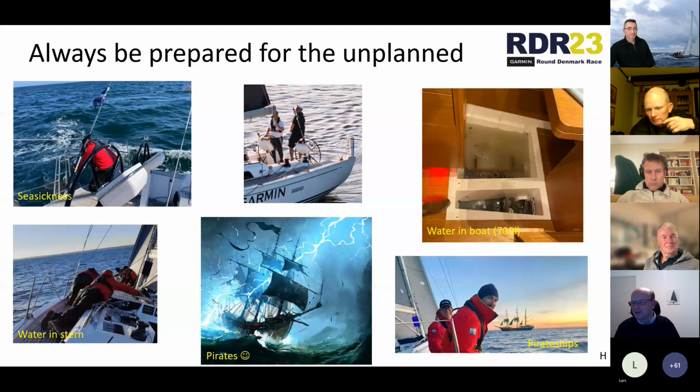Then this is a kind of a joint slide, Jens. So what you said is always be ready for the unplanned event. The first on the left was a guy who was seasick 3 times. He shouldn't be sitting there without a lifeline. And whenever he was there, there was an appointed person to take care of him, to make sure that he was